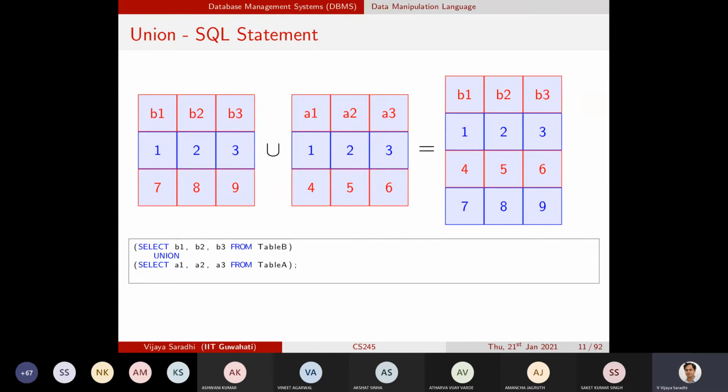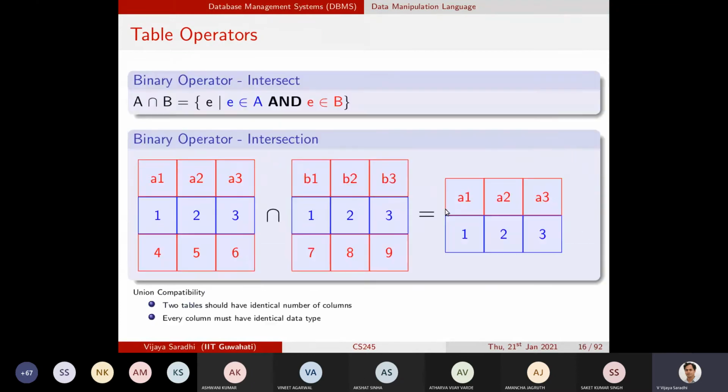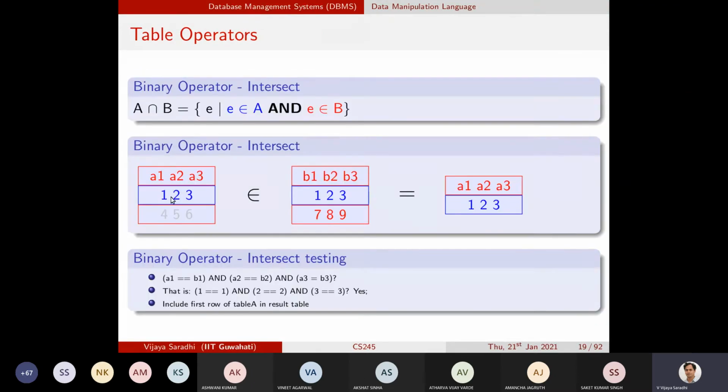So then you have to do it in a different way, a much different way. The way it will be done is that you will check whether this record is in this set. Is this record in this table B? Does this record belong to this table B set or table B bag?